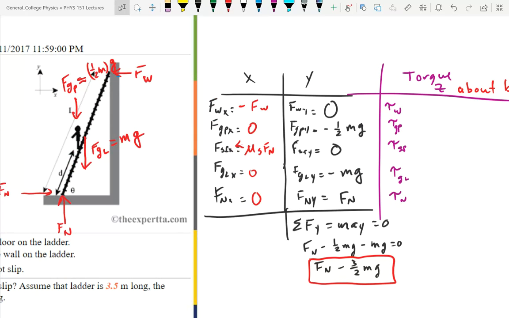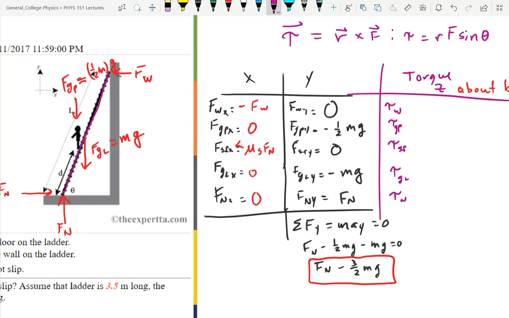And so now the torque of the wall. Now remember the equation for torque, it's R cross F, which means that the magnitude of the torque is equal to RF times sine of the angle between the two. Cross product multiplying the perpendicular parts. And so sine theta, if theta is the angle between the two vectors, then that will give me the perpendicular parts. So if I look at the wall, the R vector for the wall is going from,